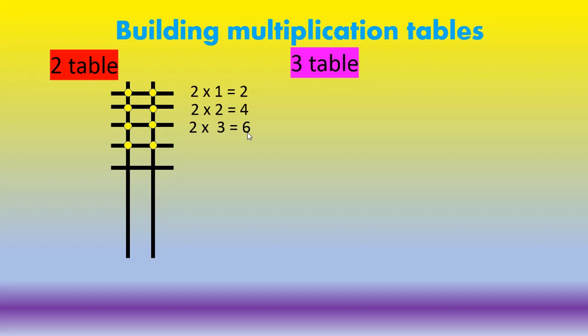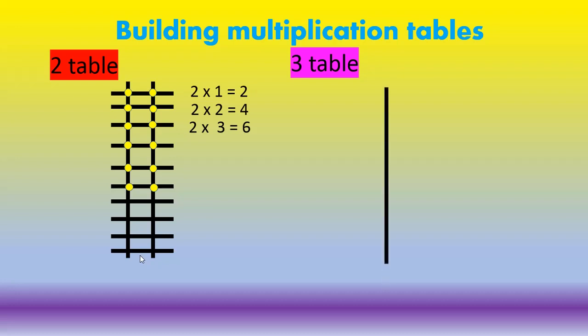So the remaining, you have to build the two table and complete it. You can extend it till as far as you want. So you have to write the midpoints. Then again you can add the horizontal lines and write the midpoints. So you can extend the table. So this is how you are going to build the two table.